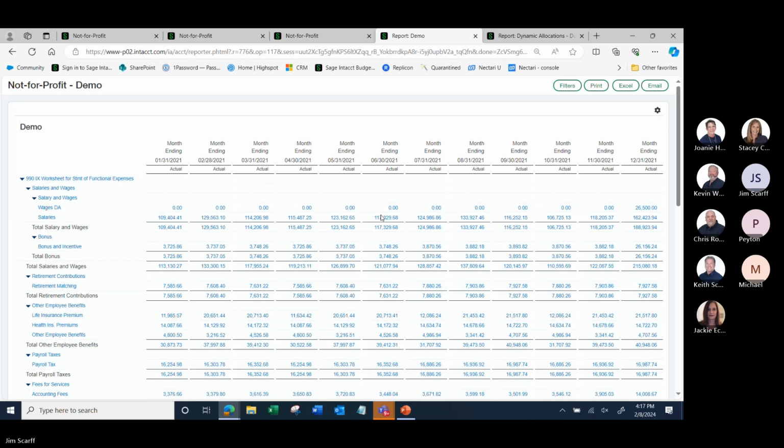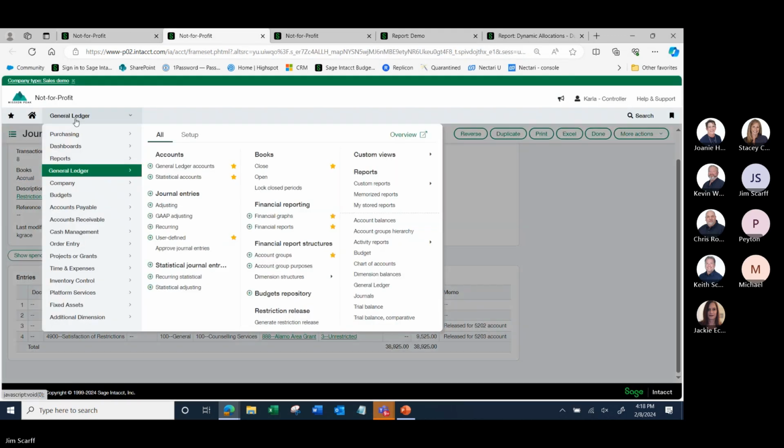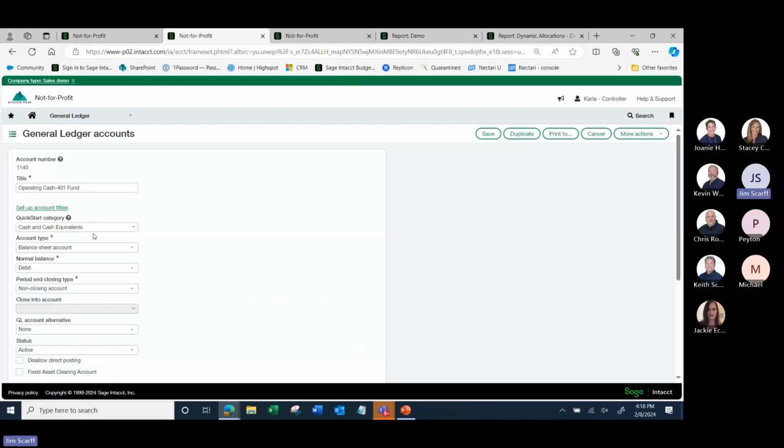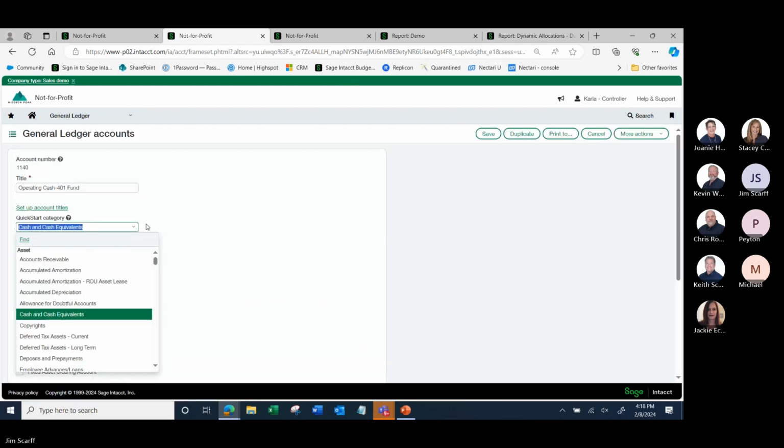So there's two ways to assign an account to a line. There's these categories that I mentioned. So the chart of accounts, when you set up an account number, this quick start category, there's about, I don't know, 50 or so of